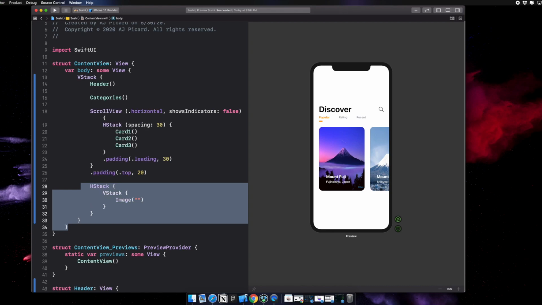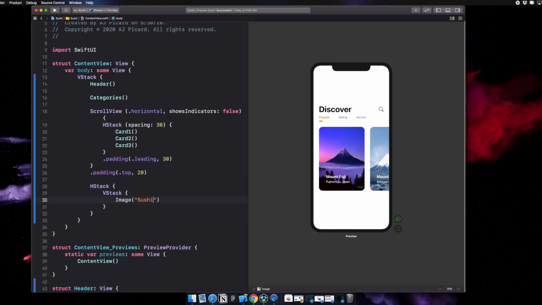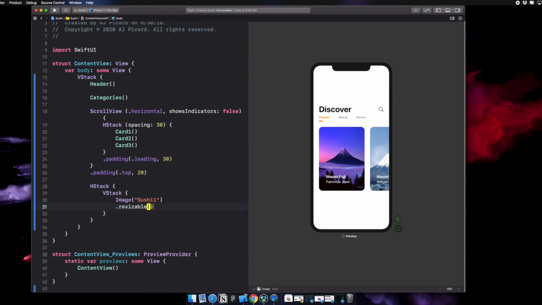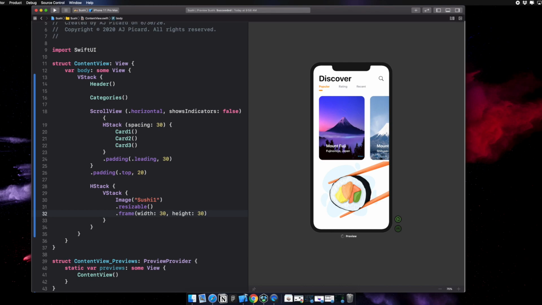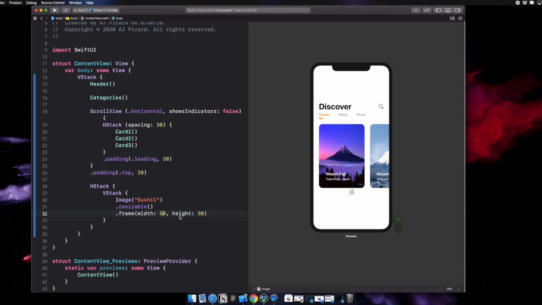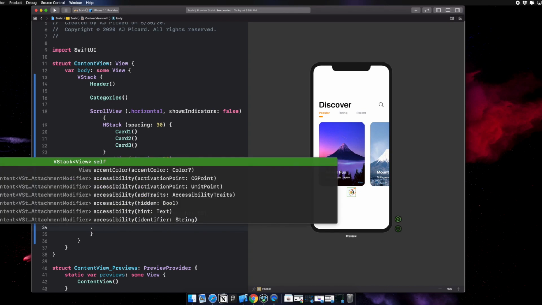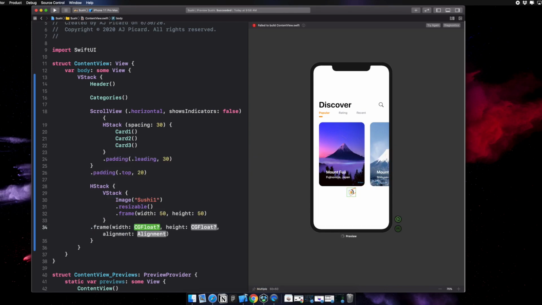Clean this up, and we're just gonna call this guy Sushi 1, and it has to be resizable or it's not gonna load. And we're gonna do a frame of 30 by 30, and maybe we can make this 50 by 50. Yeah, because I don't want these cards to be too big. And then this frame, it's gonna have to be dot frame, and let's do 100 by 200,